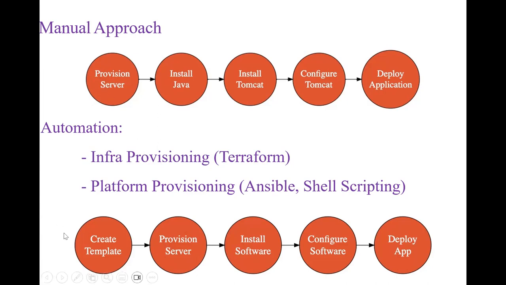So we convert the manual approach into an automation approach. Using these tools, Terraform, Ansible, and shell scripting, we can do that automation. Even launching the complete infra, from the networks to the operating system level, we can automate and write as code. That is Terraform. And once the infra is ready, we go for platform management, where we have configuration management tools with automation scripts.